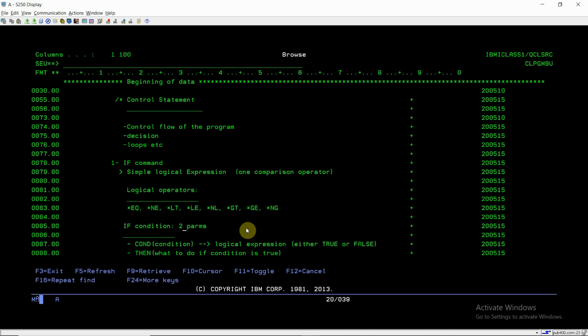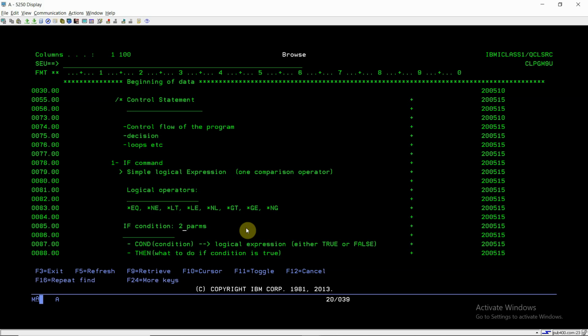Here we can see that the IF command has two parameters. The first is the condition, which means the logical expression. For example, if A is equal to 2, then do this. So there are two parameters: the condition, A is equal to 2, and then THEN is the second parameter.